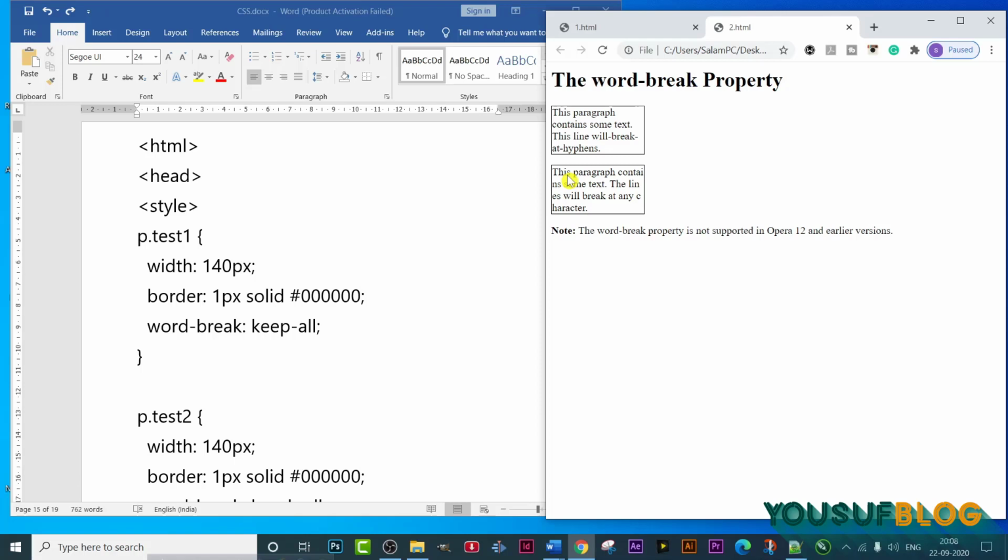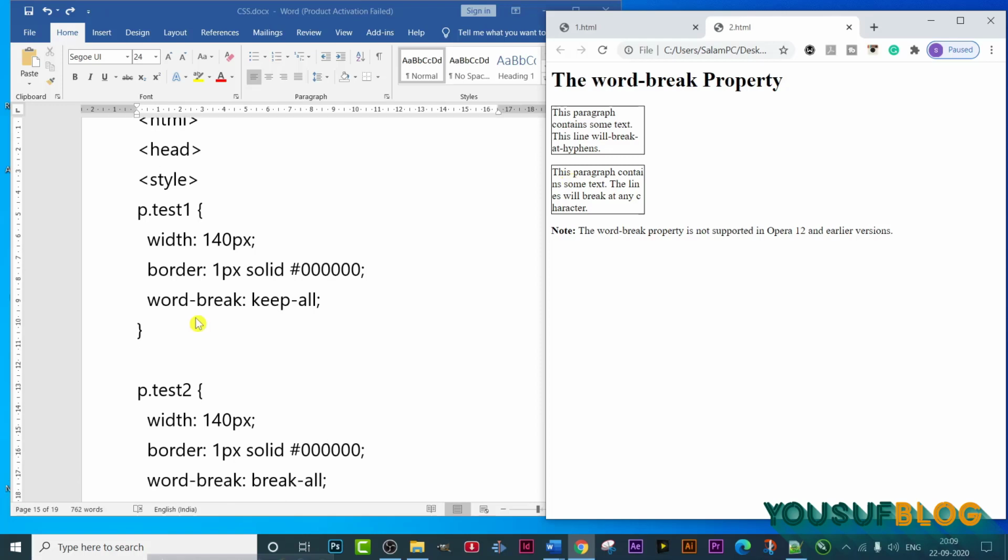And then we have done word-break. The word-break property breaks words. In quotation we have written keep-all,